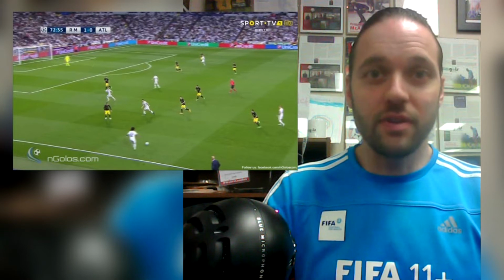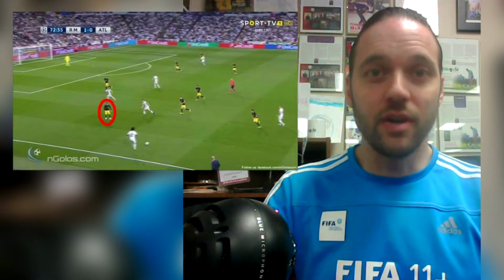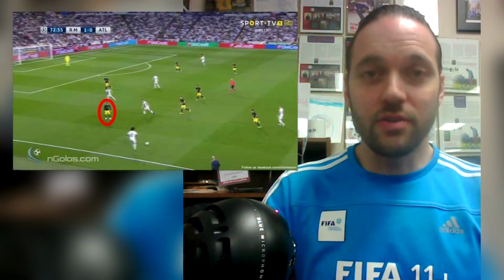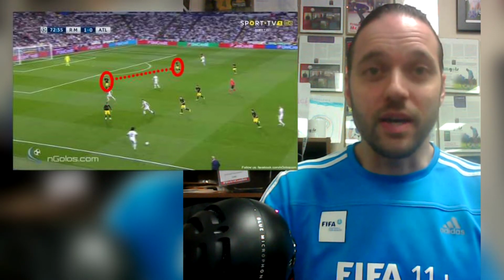And if you have a look at the positioning of the Atletico back 4 as the ball goes out wide to Marcelo, you can see, first of all, that the right back from Atletico is almost on the sideline, so he's really stretched out. And also, an even bigger problem than that is that the 2 center backs, there's way too much space in between them,